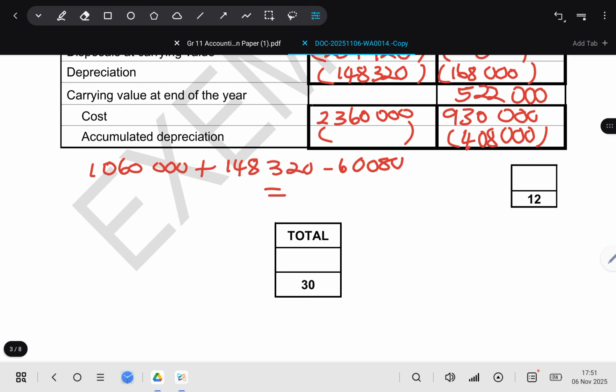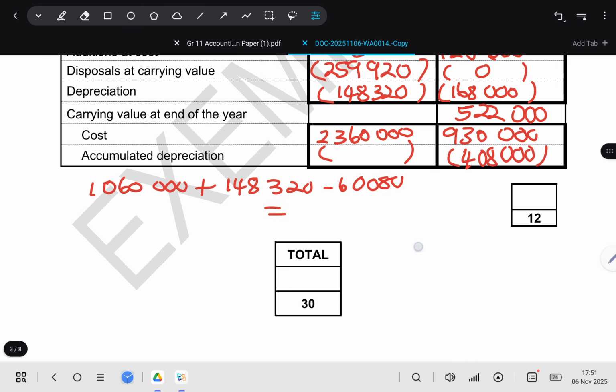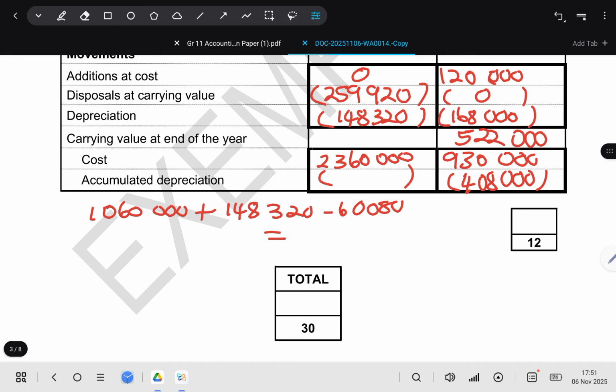So let's see, 1,060,000 plus 148,320. Then we subtract 60,008. We are left with accumulated depreciation of 1,148,240. So to get our carrying value at the end, we would say